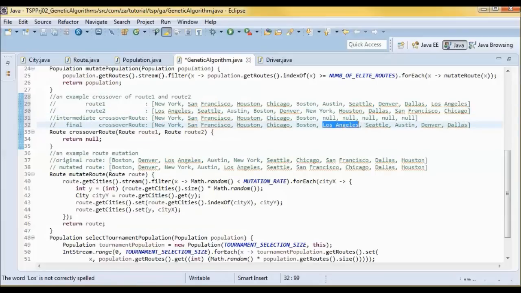And then we check if Seattle is in here, and it is not, so we also add it. And for the third one we check if Austin is in here, and it is not, so we add it here.